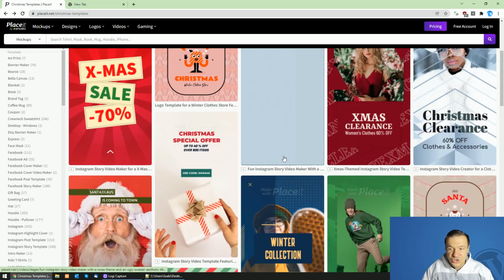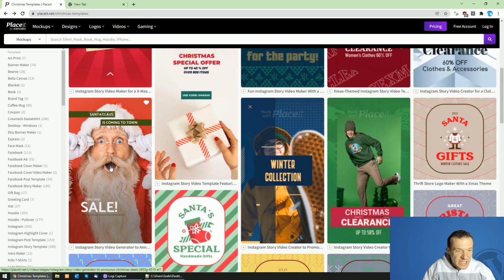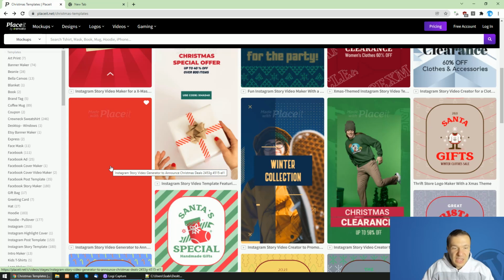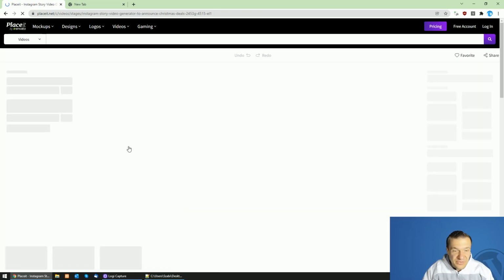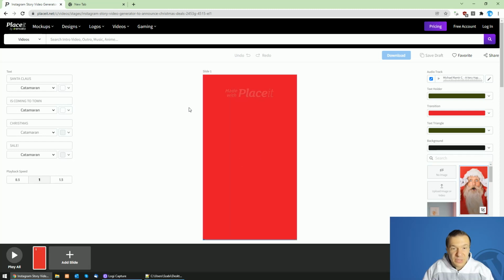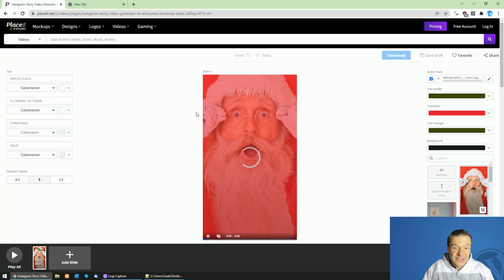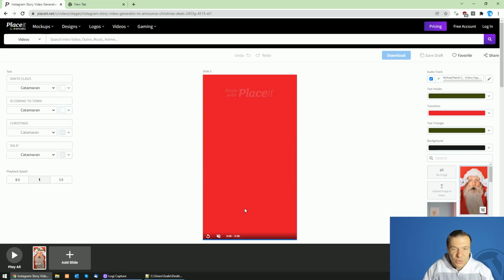So if you wish to use PlaceIt to create these beautiful images to boost your company and even your Christmas campaigns, then you will be able to do this on PlaceIt. So here we are. If we wish to edit this image, for example, simply click on it, and Envato PlaceIt will open up this editor for you, and you will be able to change the text and everything that appears on this Christmas banner, for example, also images, colors, and